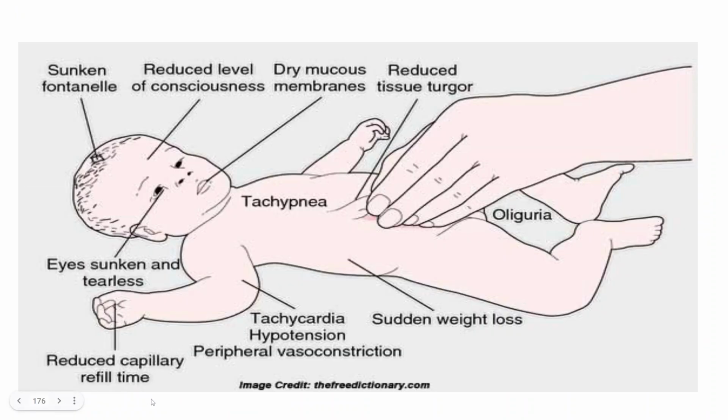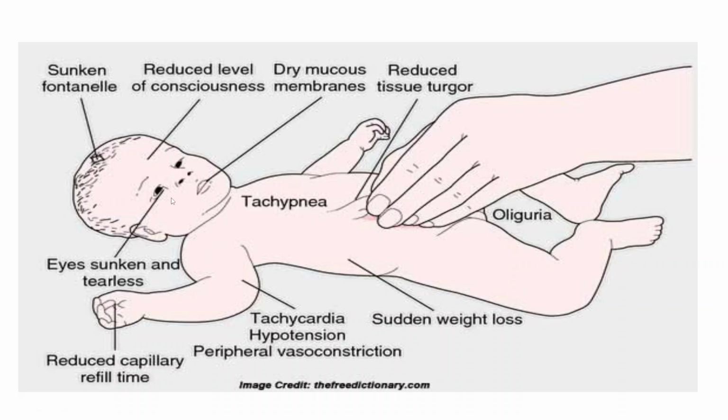Signs of dehydration, well known. The first thing we see in a case of whole body dehydration is that the elasticity of the skin will be reduced. Sweating will be reduced. It results in dry skin and reduced skin elasticity. Hence, when you squeeze the skin it seems to be shrunken, and the tissue turgor or elasticity of the tissue will be lesser. Then the next thing you see is that the total urinary output will be reduced.